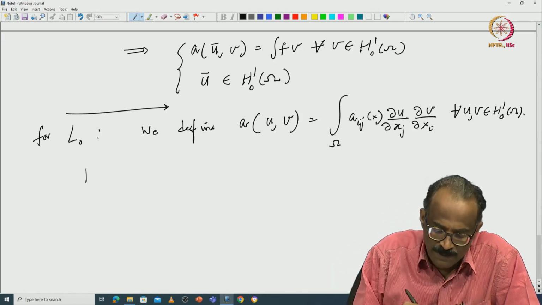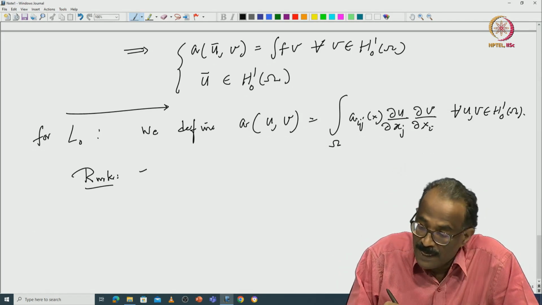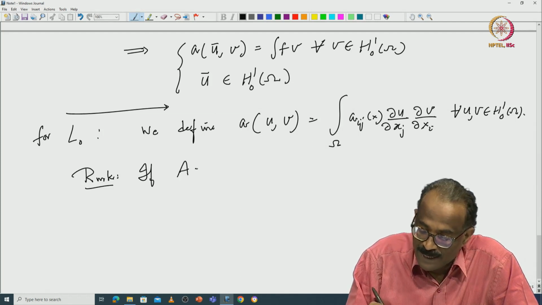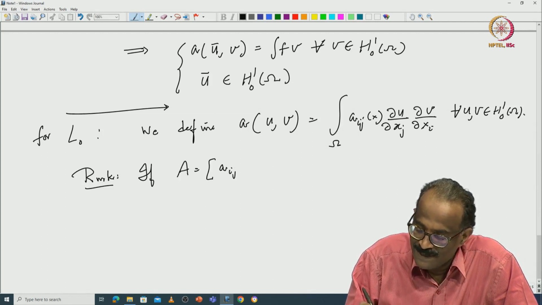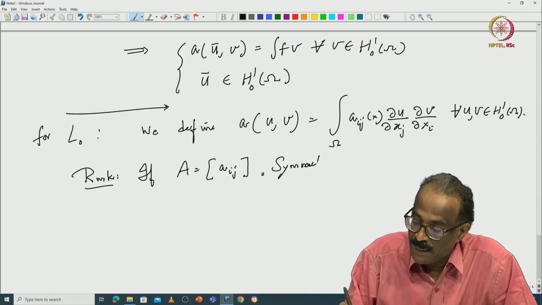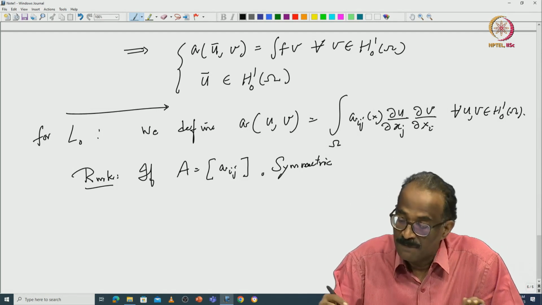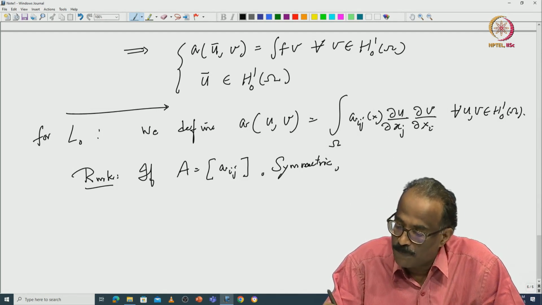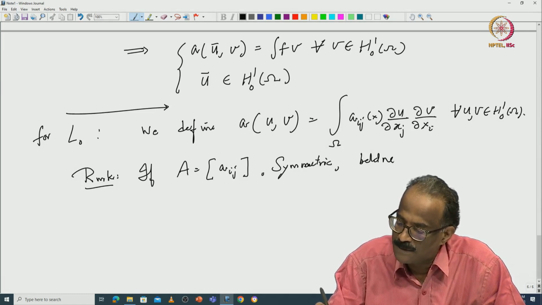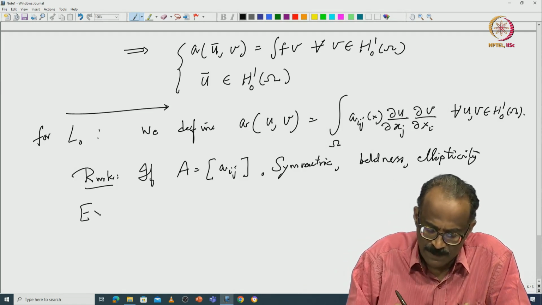So, one remark, which anyway we are going to formalize everything: if A equal to Aij is symmetric, this is an additional assumption, in the end we do not need it, but there are advantages if you assume symmetric. If A is symmetric, and of course with boundedness and ellipticity, this is a simple exercise which you can show, then